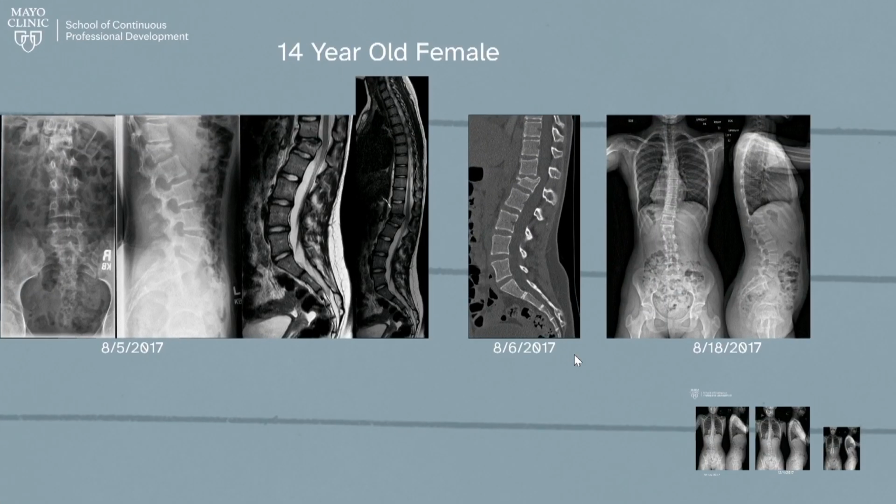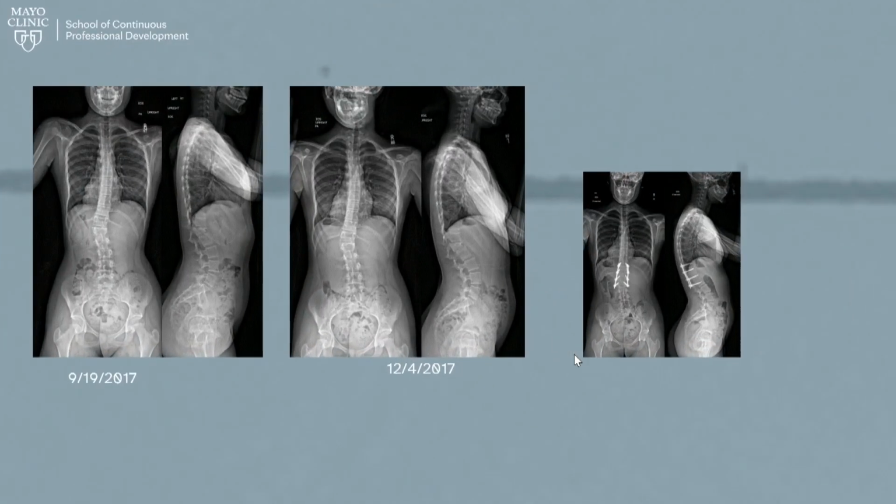This is a relatively straightforward traumatic case, but you can obviously understand that with the thoracolumbar trauma that we do see at the thoracolumbar junction, we can also address that both through an anterior approach or a posterior approach, and at least in our hands we utilize this in a posterior approach.